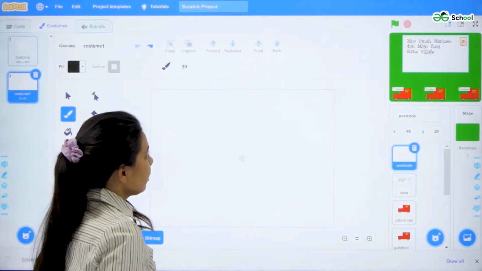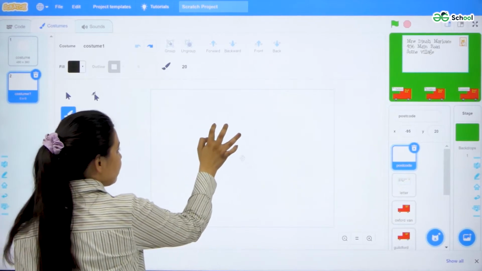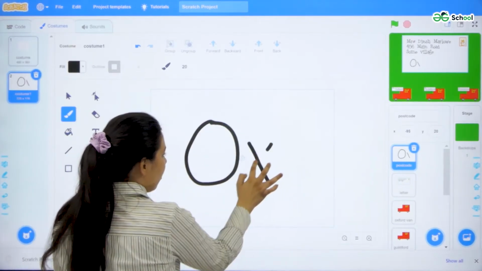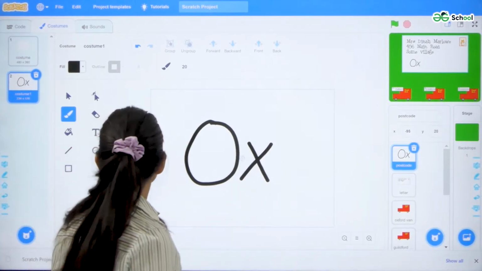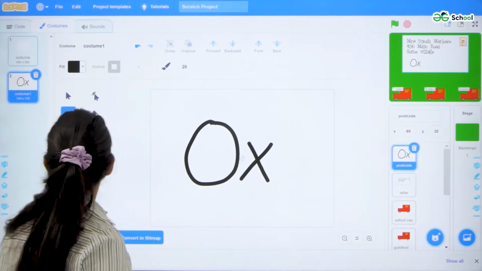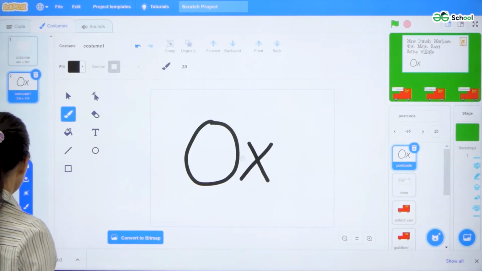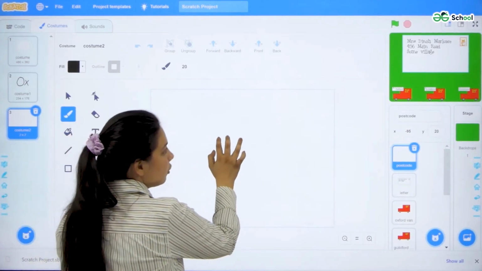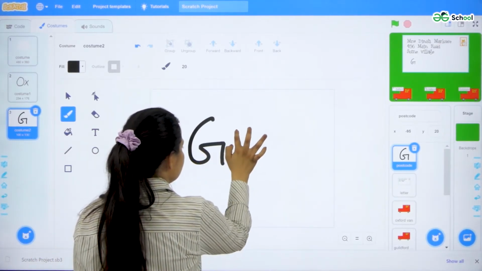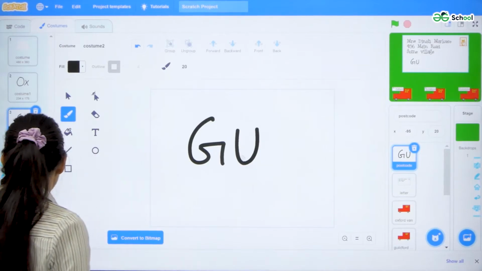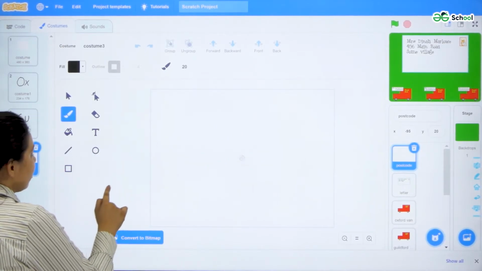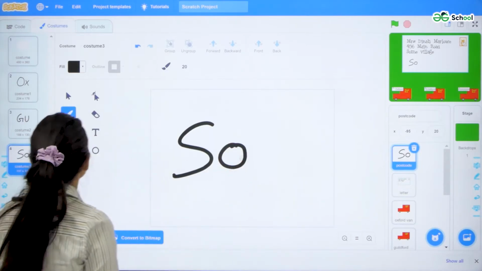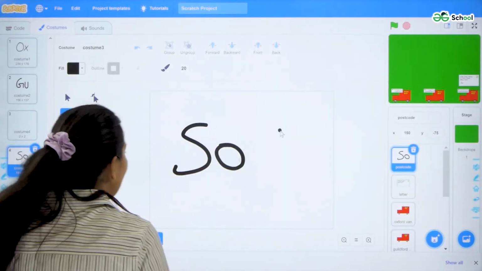Okay, so I'll create the first costume as Oxford, then again I'll add another costume for Guildford, and then I'll add another costume for Southampton. Okay, so we are done with our costumes.